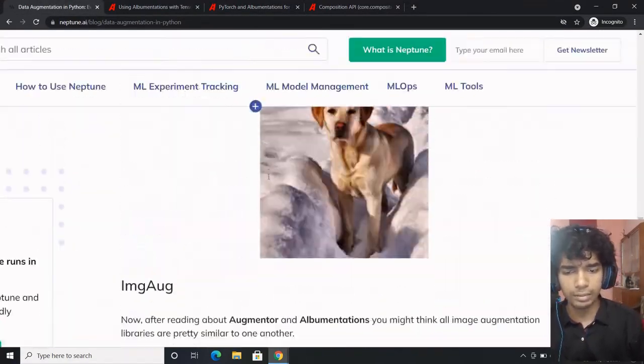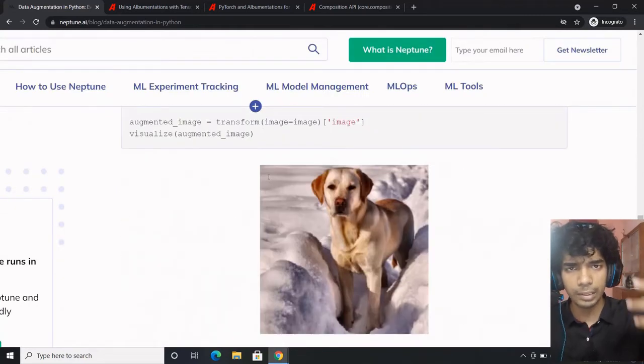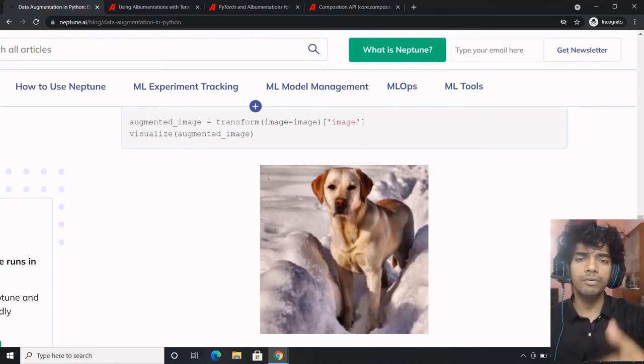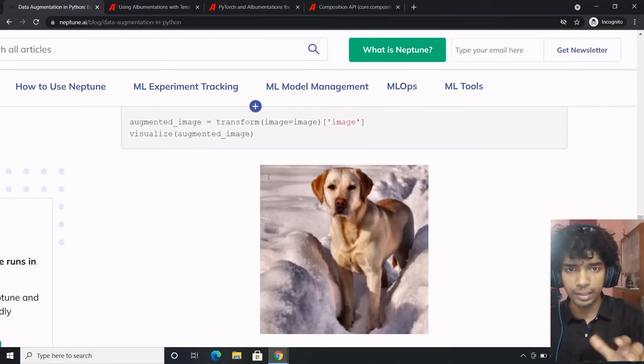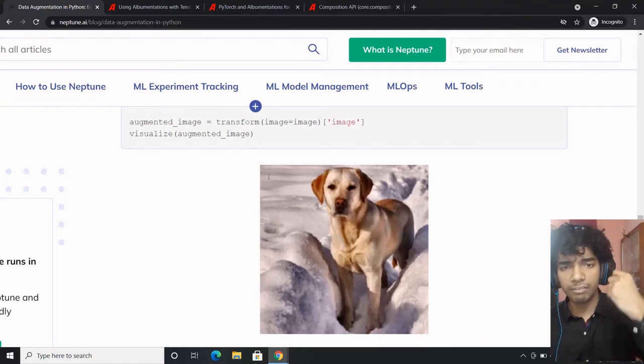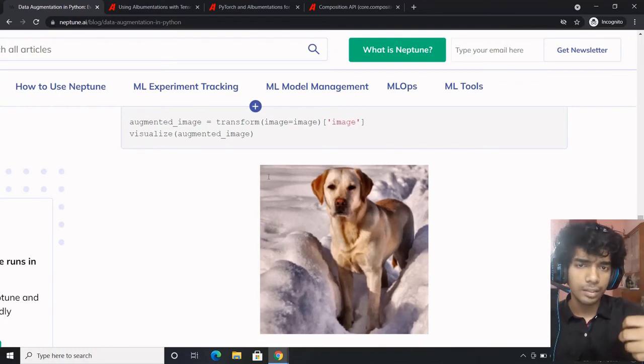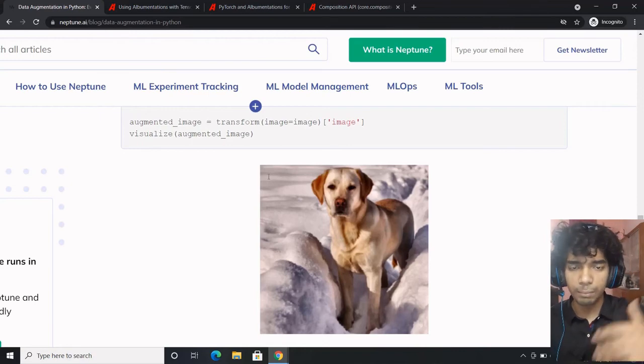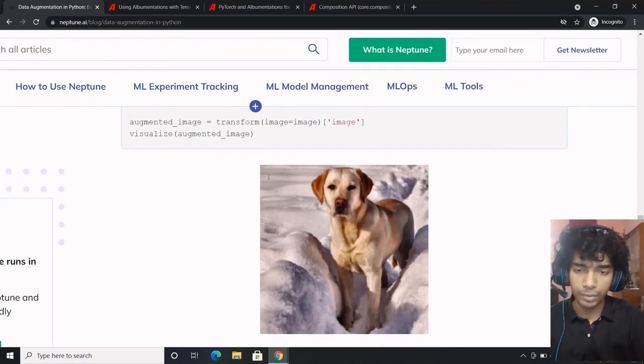Concluding remarks on this session: you should first test out the images by visualizing what kind of augmentations would be good for your dataset. For one dataset, one set of augmentations might be quite beneficial and might improve the performance to a great extent. On the contrary, the same set of augmentations might prove to be disastrous for a different dataset. So what to do is visualize the output on a sample of images and check how the output looks.